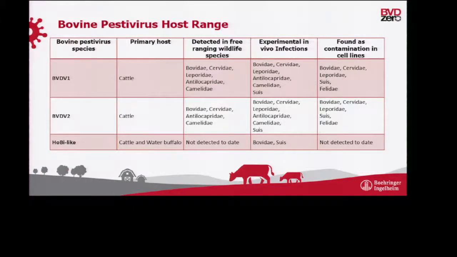And then if you use those cells to produce modified live vaccines, you have vaccines contaminated with one of these bovine pestiviruses. So I have people say, I don't worry about BVD contamination of my fetal bovine serum because I'm